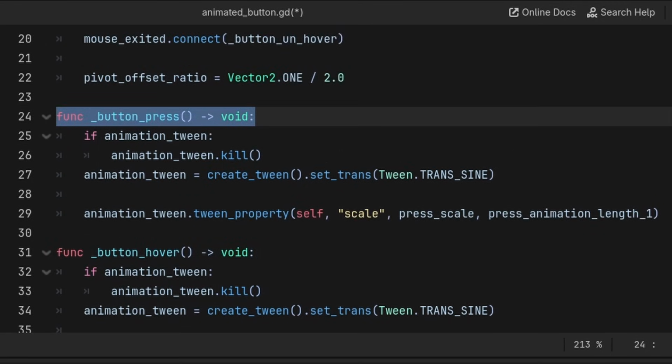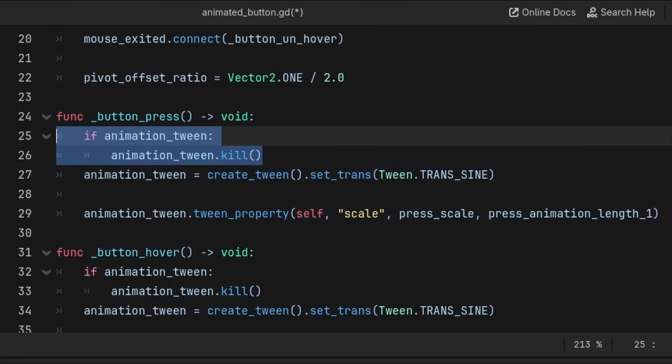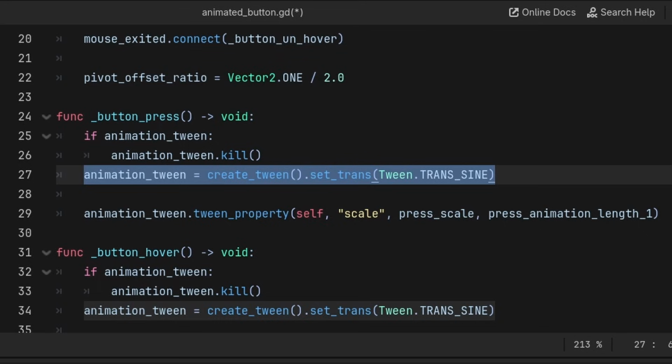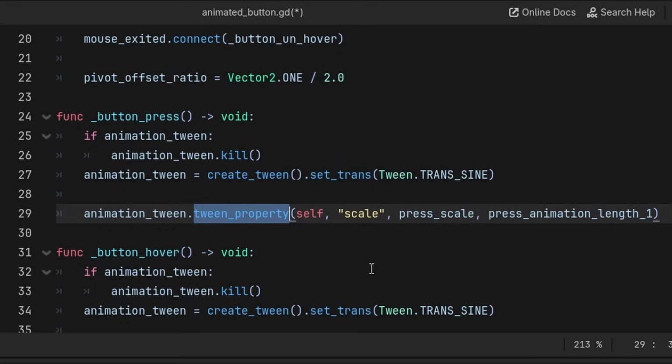Then inside the button press function, we do the same as before, removing the previous tween animation, then establishing a new tween with a sine transition for smoother animation. Then we call the tween property function again, grabbing this button, its scale property, and in this case we move towards the press scale, as this is the press function, and the total animation time will be the first press